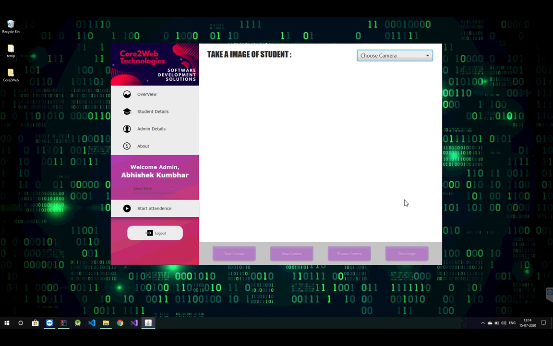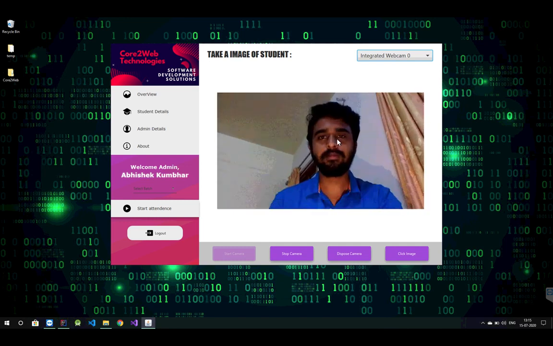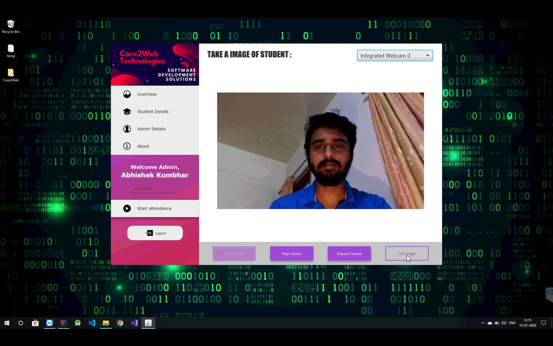Now it shows a pane that is called an anchor pane, and on that anchor pane we have embedded a camera snapshot. So it will take the snapshot or the picture of the student standing in front of the webcam or any other cam. You can choose from this drop down other cams if they are integrated with your laptop via USB or Wi-Fi, etc. So as you can see, my partner is showing his face. I will say click image.